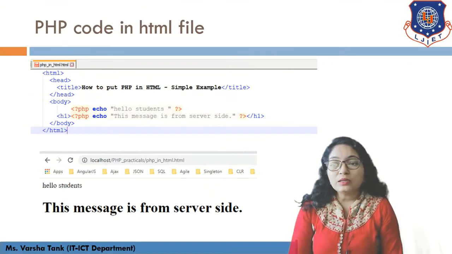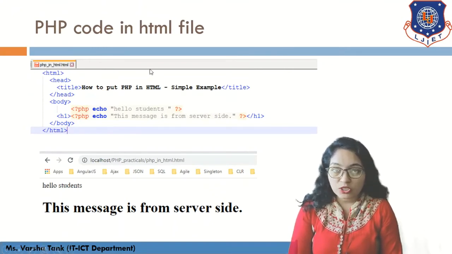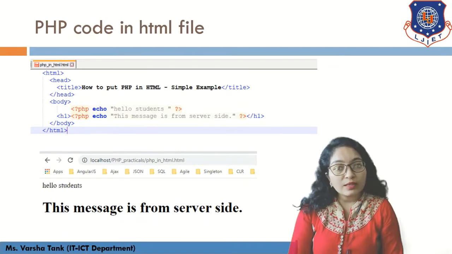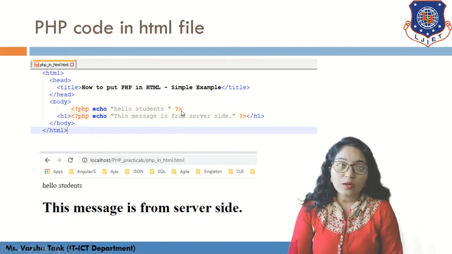Now just see the PHP code in an HTML file. Here, this is a simple .html file as we are going to write. But how can we define the PHP script? You have to write it with a starting angular bracket, then a question mark, then php, and at the end a question mark and closing bracket, in which you write the PHP code as you would write a PHP script.